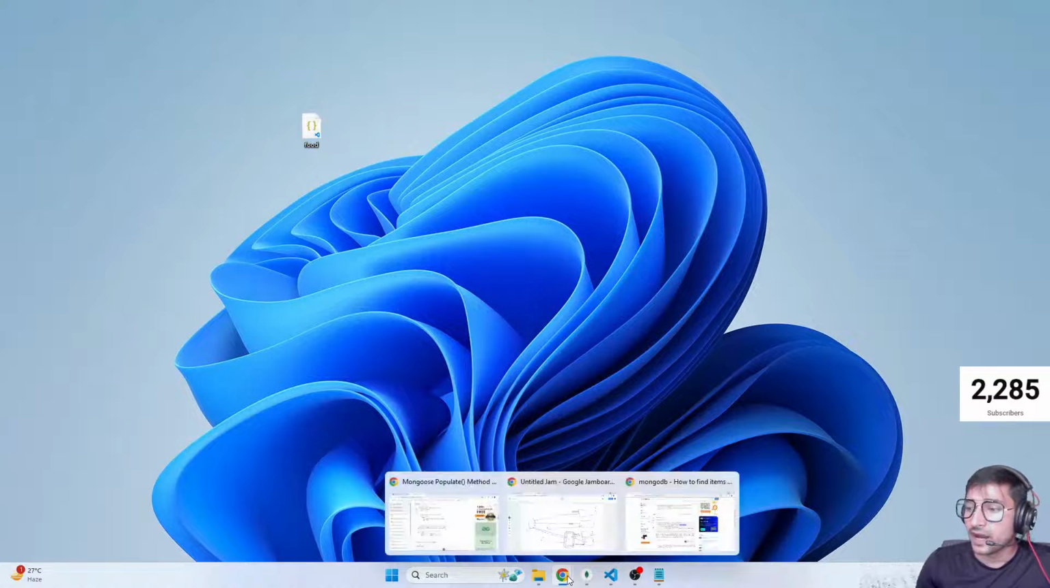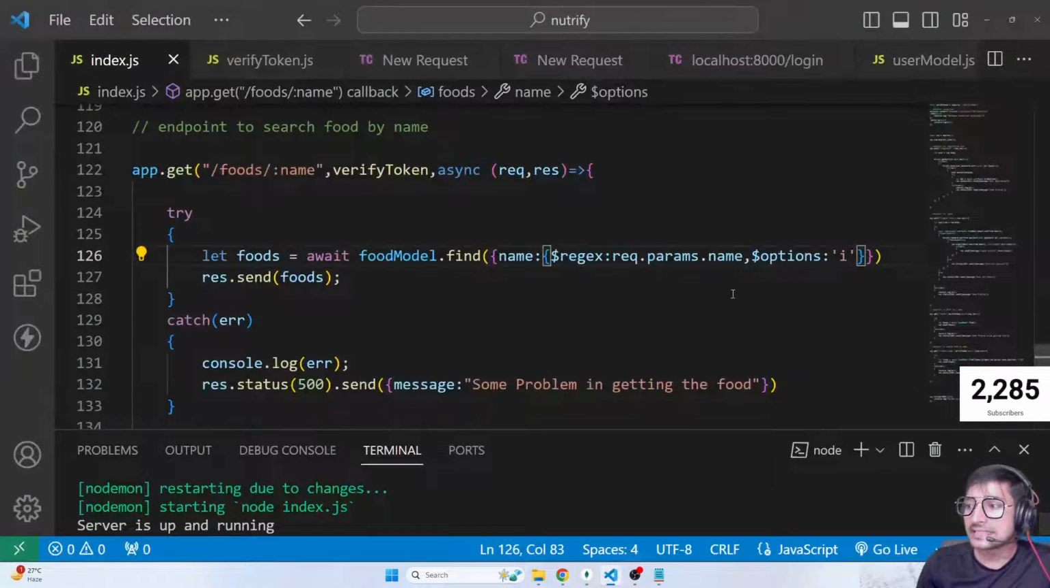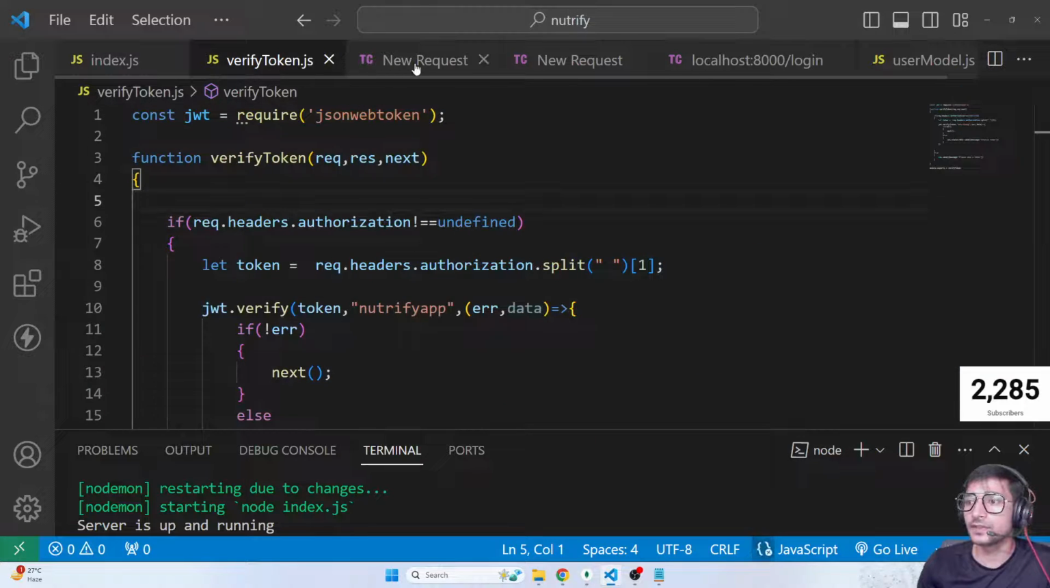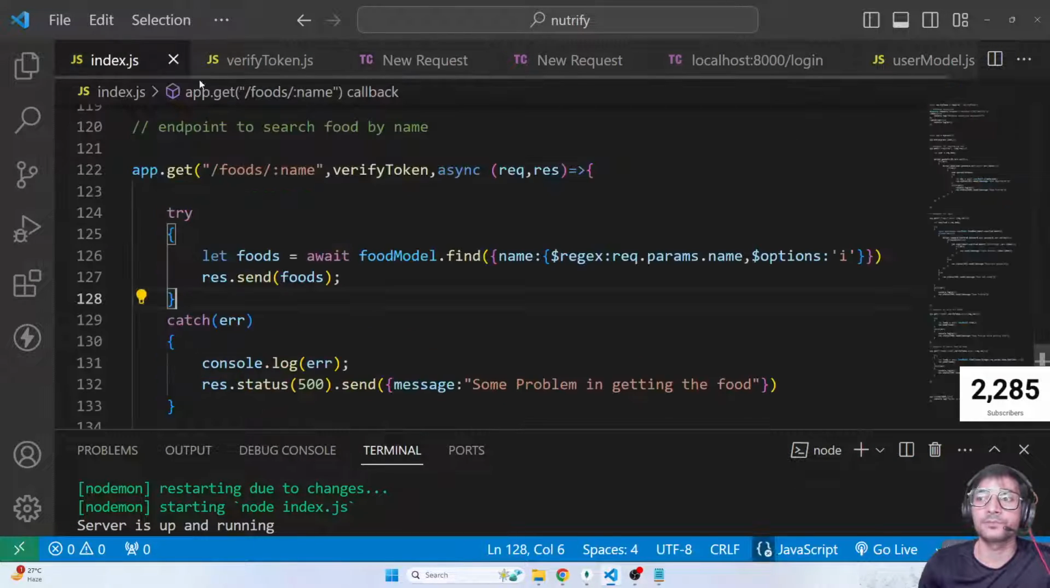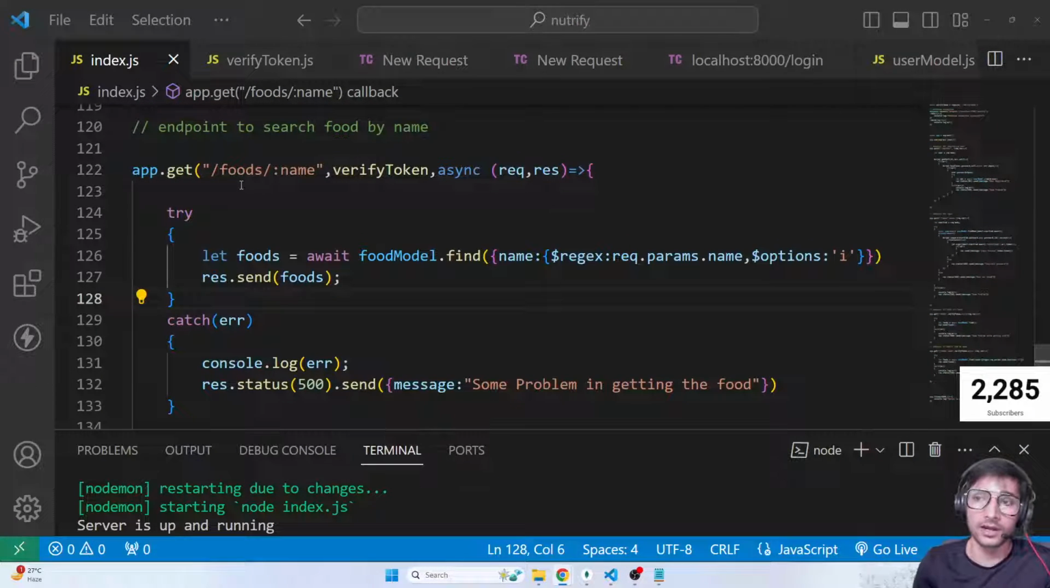So in options, I'm pressing I, which means I'm saying that case should be insensitive. So now, if you check it, here we go. Chicken curry, butter chicken. So now if someone only passes chick or chicken or something like that, it will still work. Is that clear, guys? So now we have a proper endpoint,